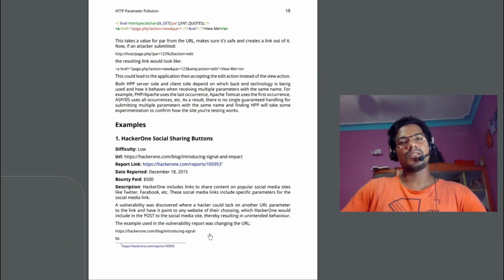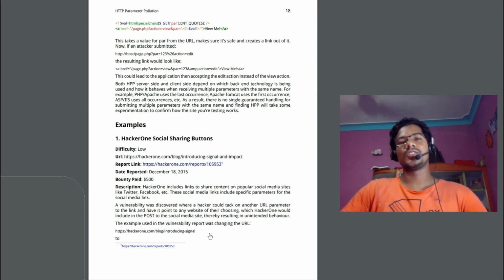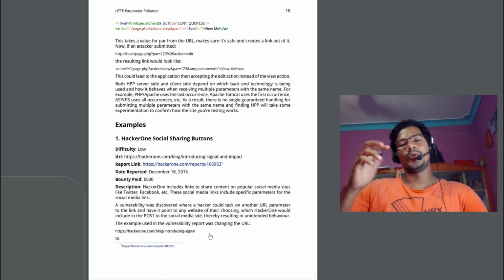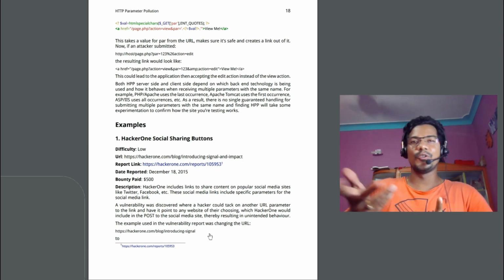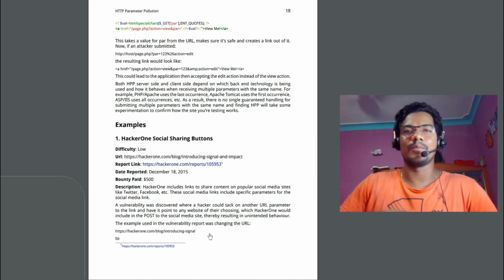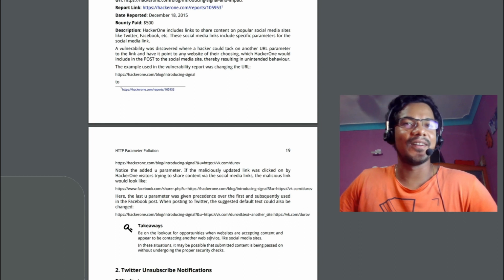I guess one really nice example of this HTML parameter pollution issue is about voting, with red and green. I guess if you have not read that, do comment in the comment box. I will put that URL. That guy has explained it in a really nice fashion. Even I have learned from there.